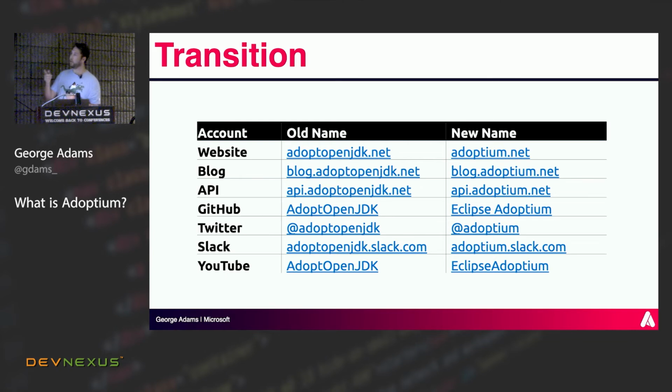And actually, if you continue to use the AdoptOpenJDK API, one of the nice things that our engineers did was they made sure it would continue to give you Temurin builds. So often when I actually talk to our customers, they don't realize that they've migrated. It just happened, which is quite nice. Our Twitter channel moved, our Slack channel moved. If you aren't already in our Slack, I'd strongly encourage that you join.